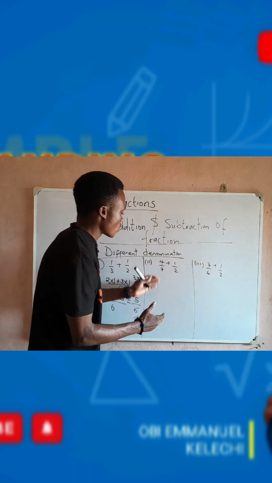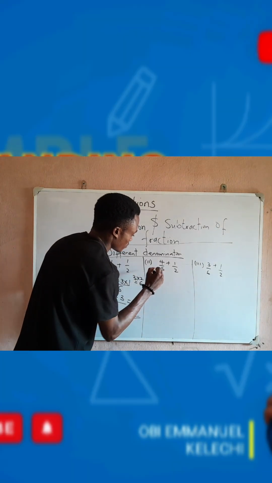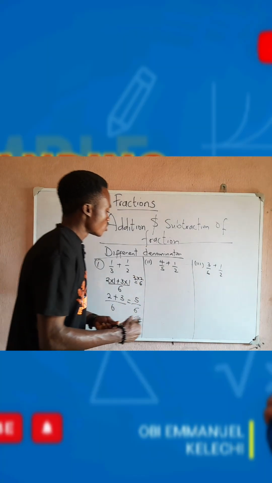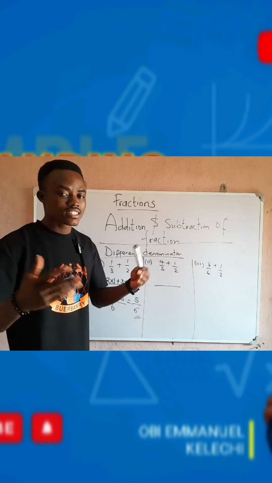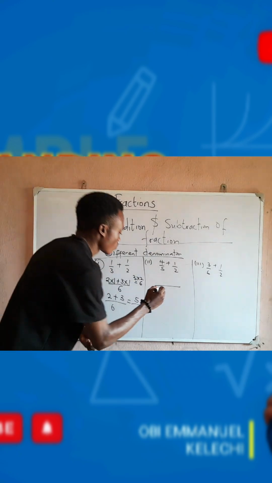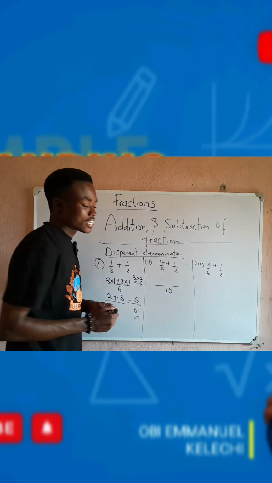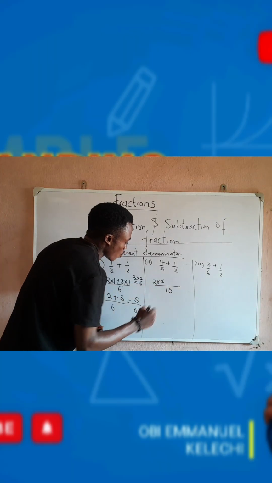Then for the second one, let's clean here. We have 4 over 5 plus 1 over 2. So you find the LCM. The LCM of 5 and 2 is 10, because 5 multiplied by 2 is equal to 10. So you write 10. How many 5 can you see in 10? It is 2. So 2 multiplied by 4